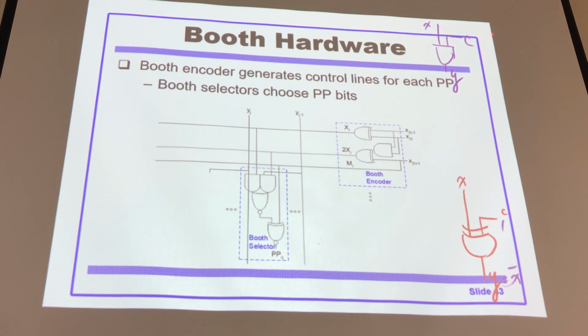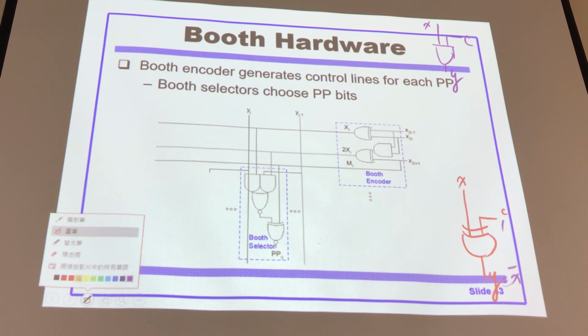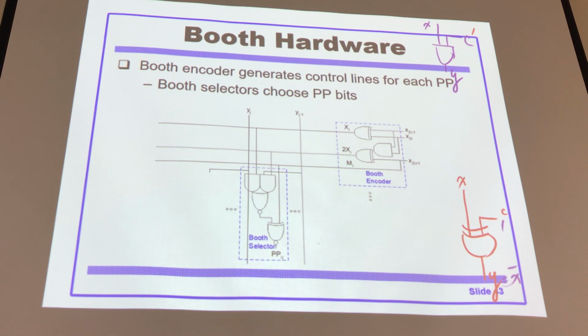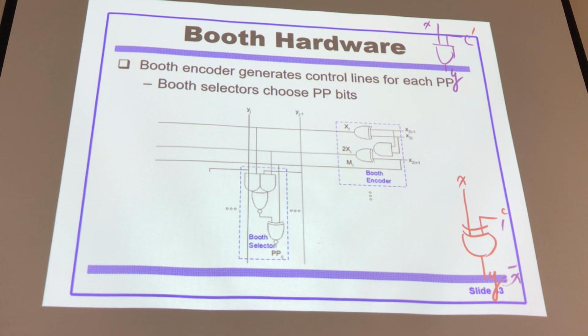When C is 1, let it through. Alright? When C is 1, X is 0, you get 0. X is 1, you get 1. So X passes through. When C is 0,